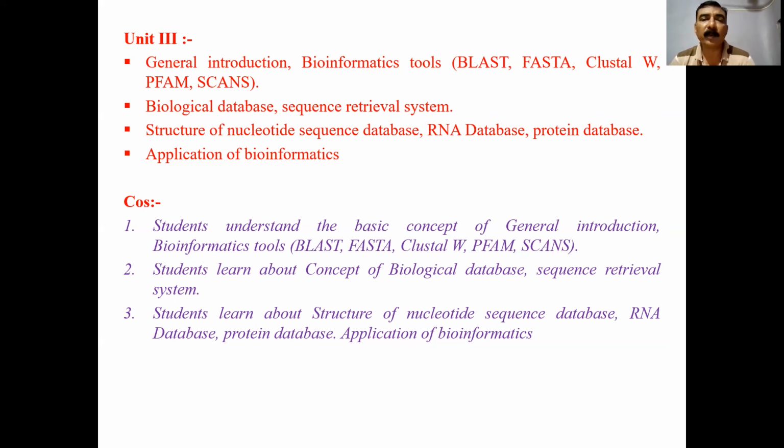Then application of bioinformatics. Such type of knowledge, such type of database, if it is available, then we can compare the human genomic database with other animal databases. So as the dinosaurs, their DNA sequence, their RNA sequence, we can compare with today's rodents. So like that, we can have the database of today's rodents, then we can compare with the database of the dinosaurs, particularly RNA, protein, and nucleotide sequence database.